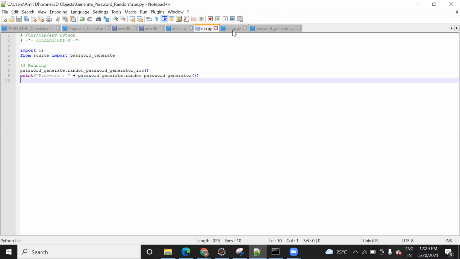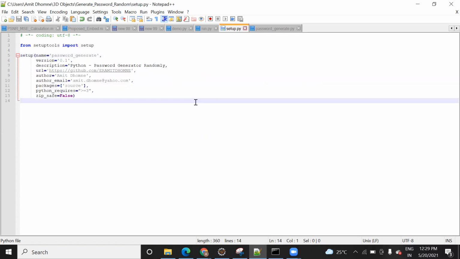And there is one more file, that is setup.py. This setup.py is also used for packaging the code. Packaging here means that in the folder you have multiple files, right? In order to run those files effectively, you need to have proper coordination between them, and you need to package the whole folder so that when anyone clones this folder on their local system and wants to run it, it can be run successfully.